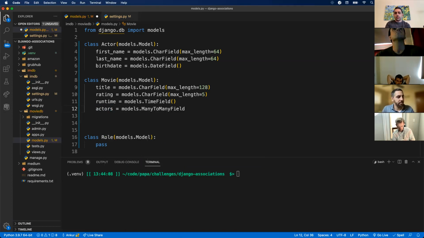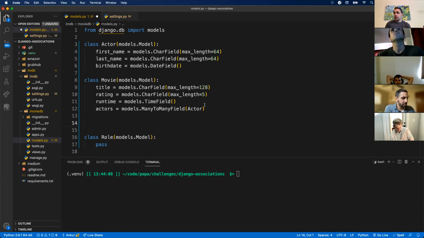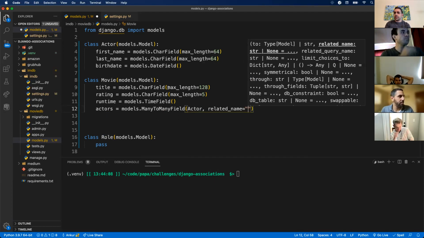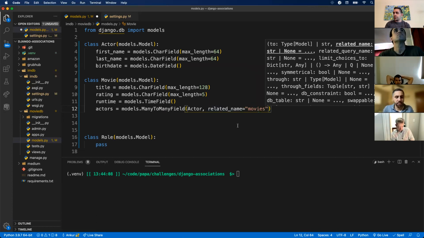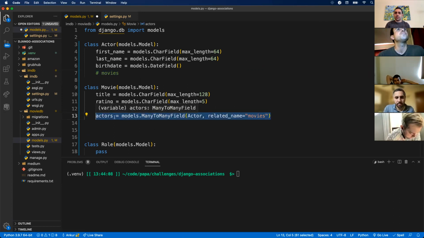I'm going to do models.ManyToManyField, and then tell it I want to tie up with the actor model. Also, I want to have a related name, just so I could access it from the reverse side. So if I want to access movies, I should be able to do that pretty simply, right? So this is basically, as I said on Monday, creating an imaginary field on my actor model that's called movies. So I don't explicitly write a field here, but this many-to-many relationship establishes access from either side. I could call movie.actors to see which actors are in this particular movie I'm investigating, or I could call actor.movies to see, if I have Tom Cruise, every movie that he's been a part of.